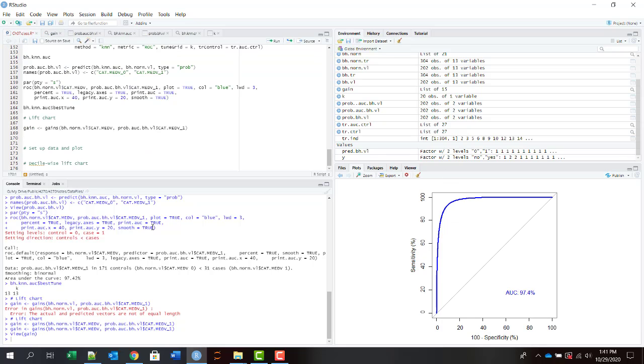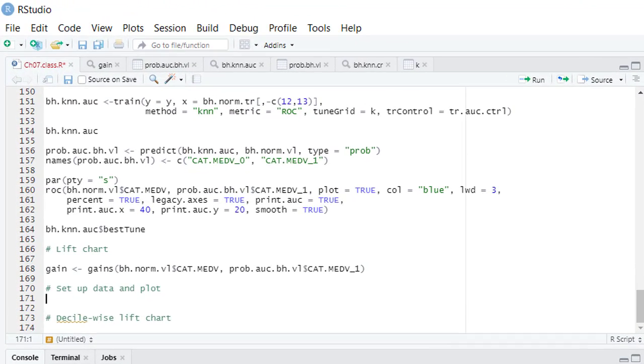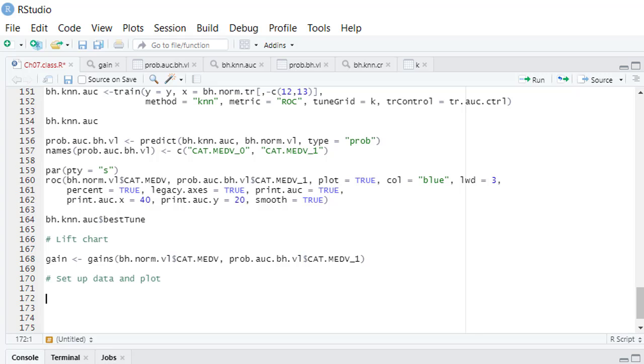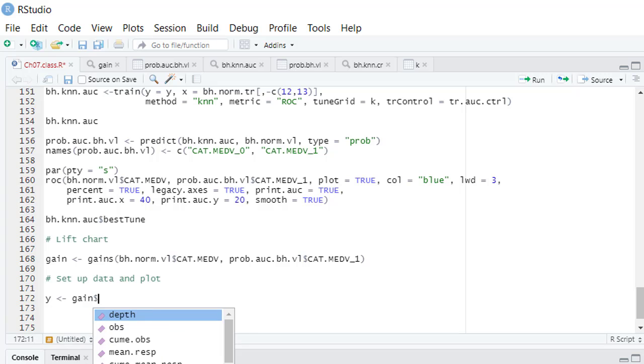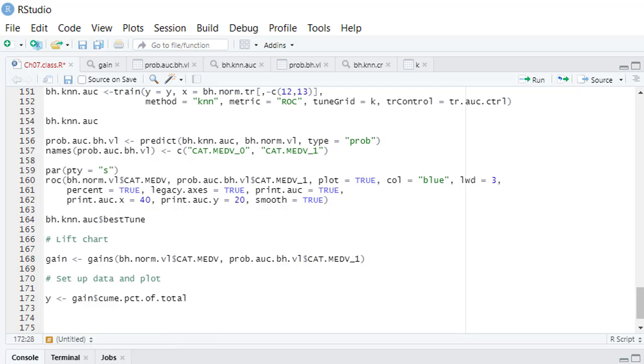So once that is done, then we set up the two lines that we need. We need to set up the data. We have done this previously, so I'm going to repeat that. This is from chapter 5. So y is gain dot cumulative percent of total, right? And we multiply by the sum of